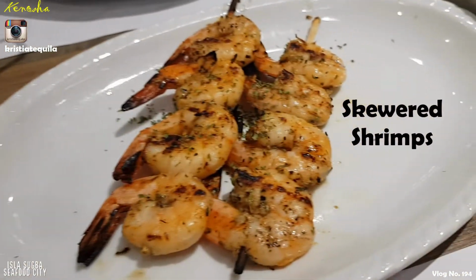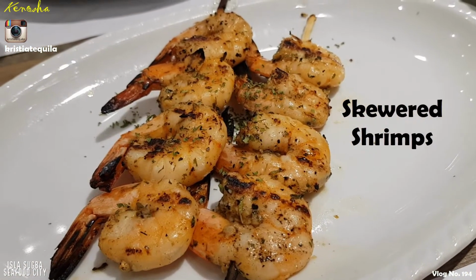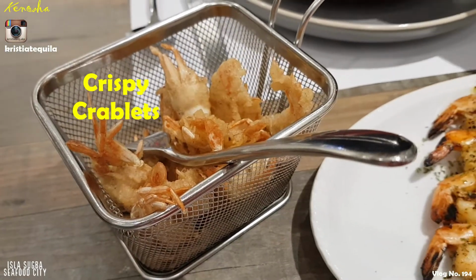ordinary buttered crab. So we had the skewered shrimps, which I think had a little bit of some sauce that I can't even tell, but it's good. We had the crispy crablets. They were good. They were awesome. Oh, special mention